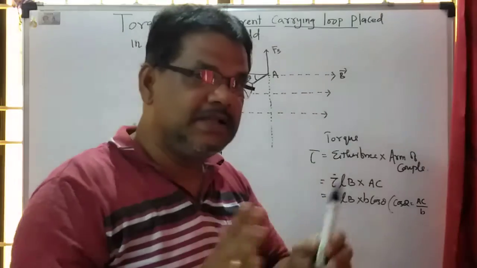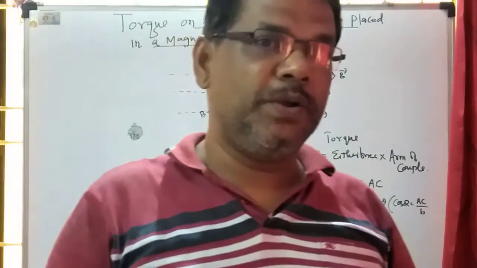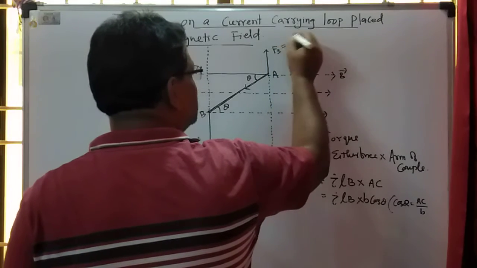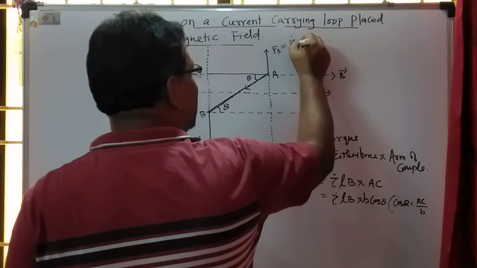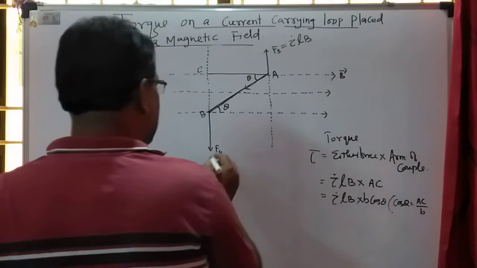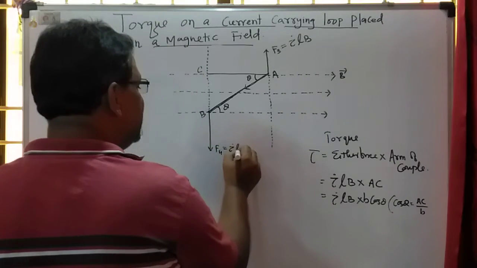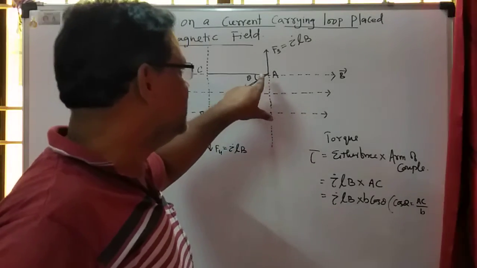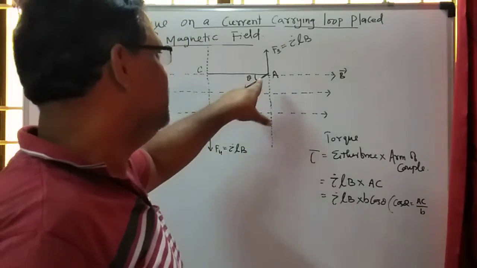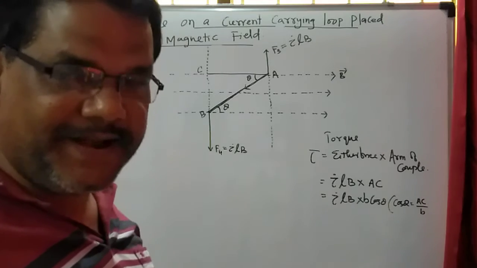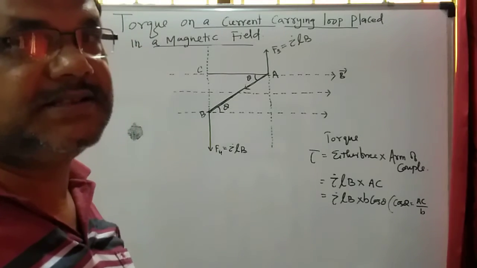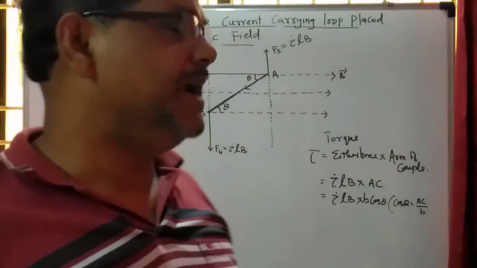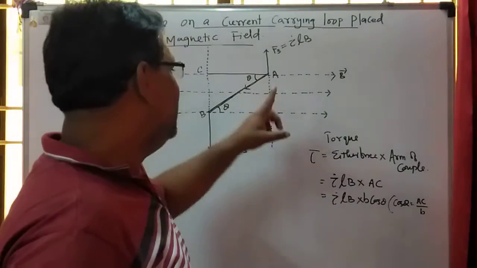I told you that the side of the coil is always normal to the magnetic field, so the force acting must be equal to I L B maximum, and here also the force will be I L B maximum. Both forces are equal in magnitude, oppositely directed, but not acting along the same line of action. These give the couple to the coil, and due to that the torque acts on the coil.